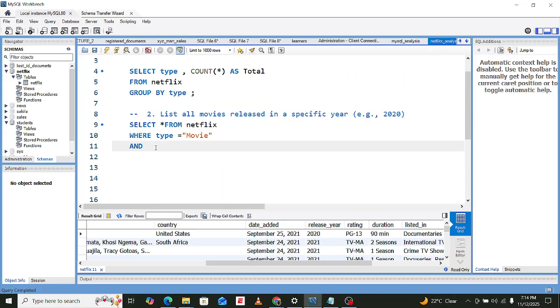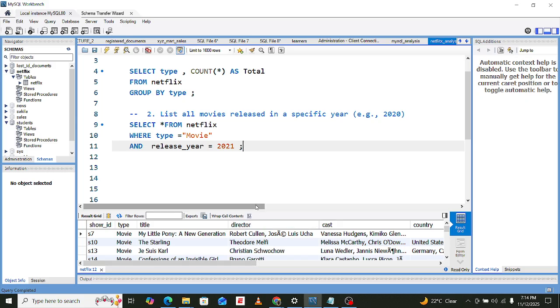So, and release_year equals, maybe we can say 2020, or maybe we can just use 2021. And now let's first see this. You can just try and execute this.